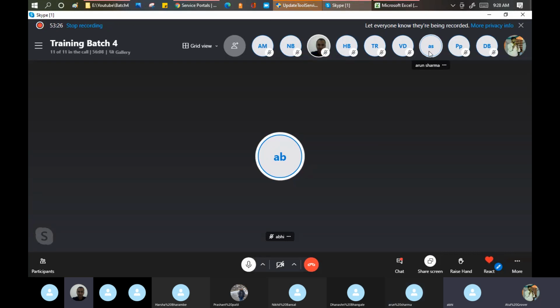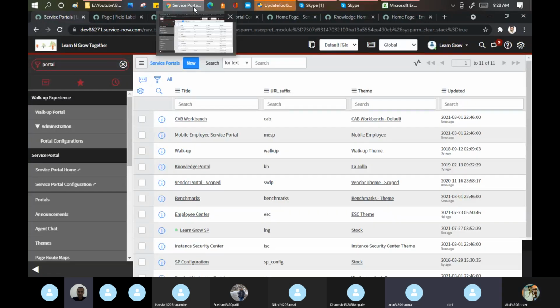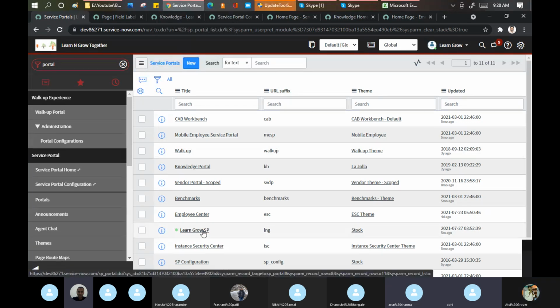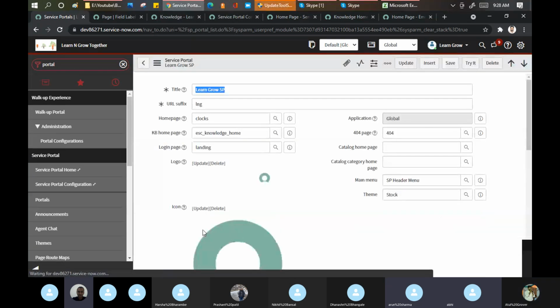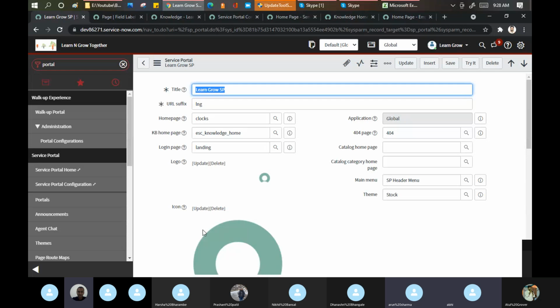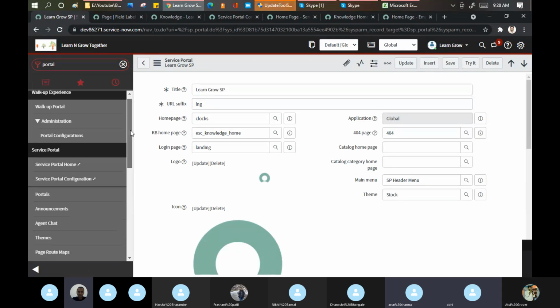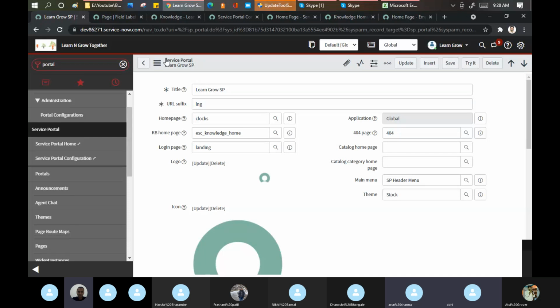Arun? Yeah, so remember you just now showed us the service portal, the form, right? So over there is the option about the application, right? Now, which is grayed out, I'm looking at the right hand side, global one, right? So it means that, no, not left, right hand side, above 404. Okay, this one, yes. Yeah, correct. So what I'm saying is, the question is, it means this can't be changed. So this has to be defined at the first step. Yes.